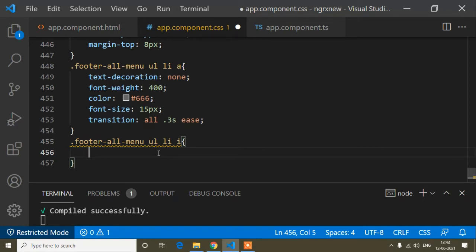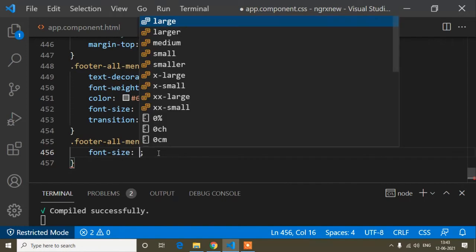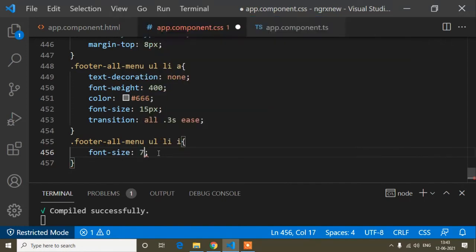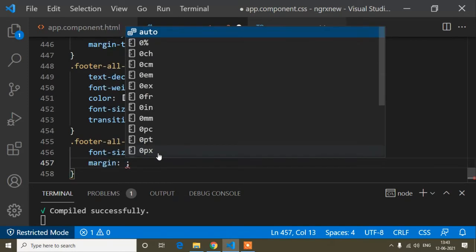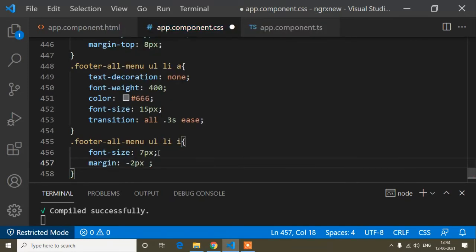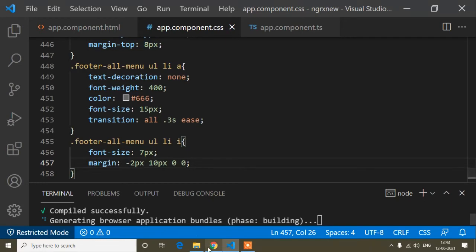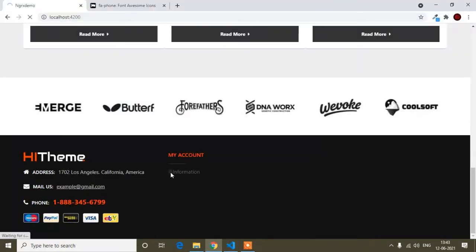So here font size is 7 pixels, and I will add the margin, so margin is -2 pixels in top, and 10 pixels in right, and bottom and left are 0, because I will make the top negative, and after that here I will add the space in right, so that's why right is 10 pixels, and I don't need any space in the left, so left is 0 and bottom is 0 also.